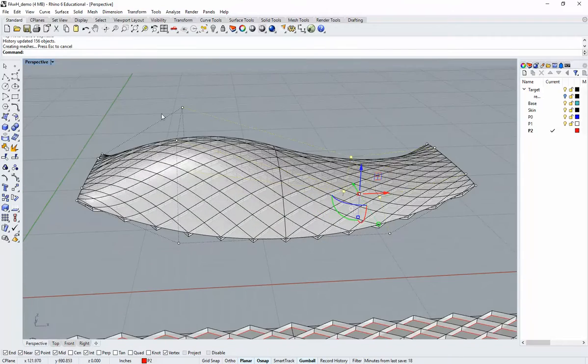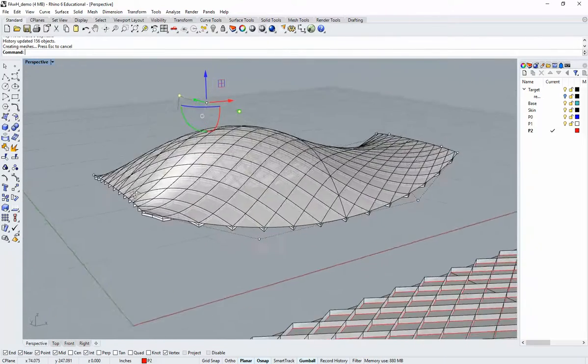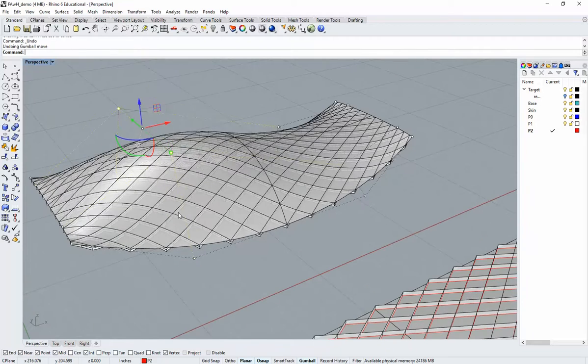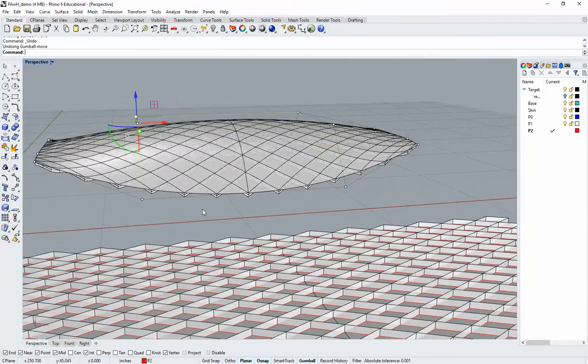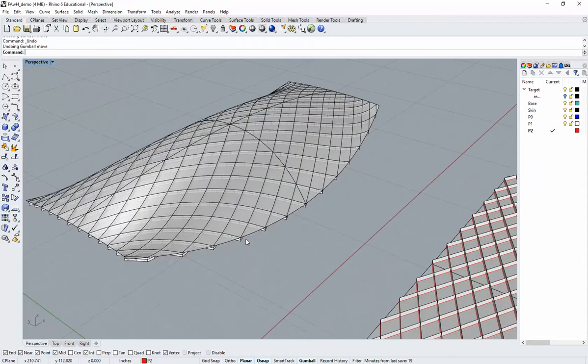All right, so it's pretty useful to speed things up, especially if you're walking through a few different design options, and this is the command you're using. The FlowAlongSrf command will work with other commands as well, so you can experiment a bit. And there's one more thing I did want